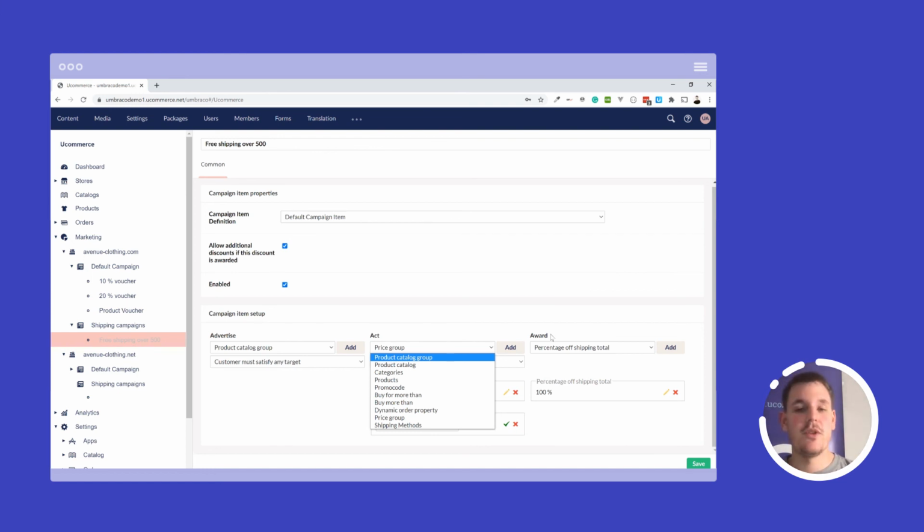So they set up a web service that said if the temperature in Denmark was 25 degrees, then the customer would get 25 degrees in discount. So that's a great example of real life business logic that was applied directly into UCommerce by extending Marketing Foundation. So that is possible as well if you find a case that's not possible with what's out of the box.